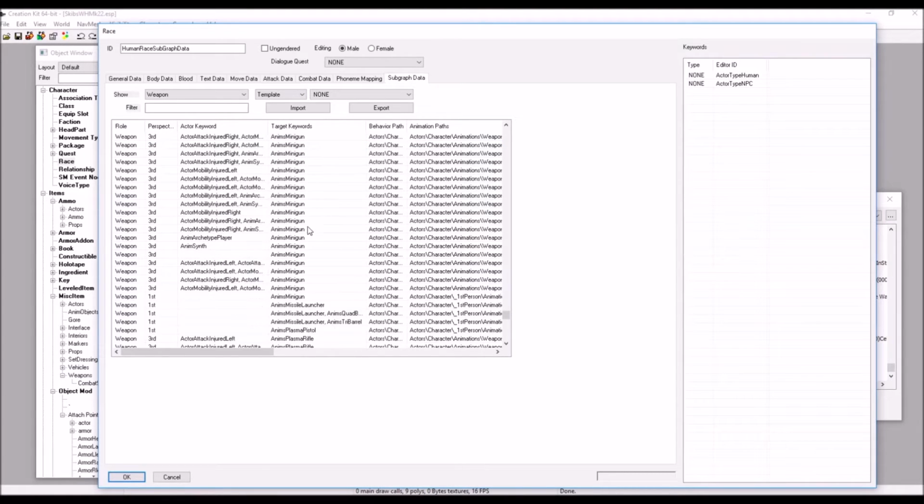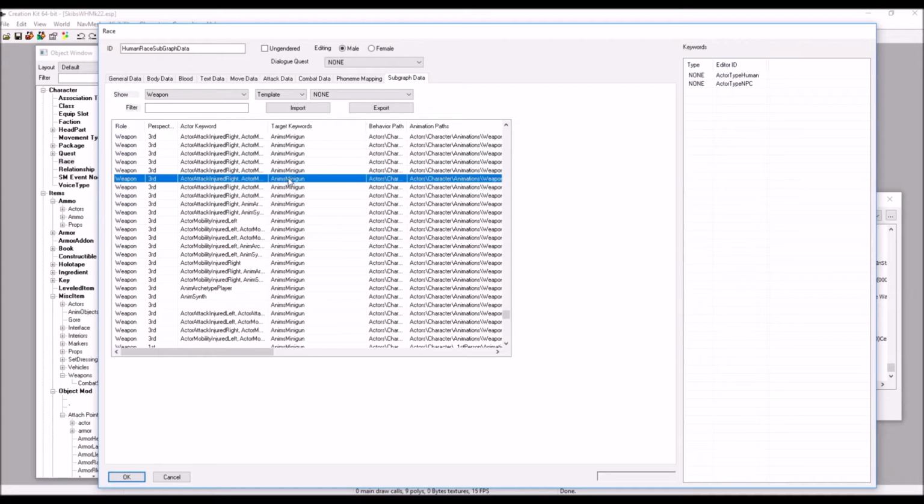The WH Mark 22 is going to use all these animations because it has the anim's minigun keyword. But there is an extra keyword added to the WH Mark 22 weapon record called anim's Mark 22, and we want to make subgraphs that reference that keyword